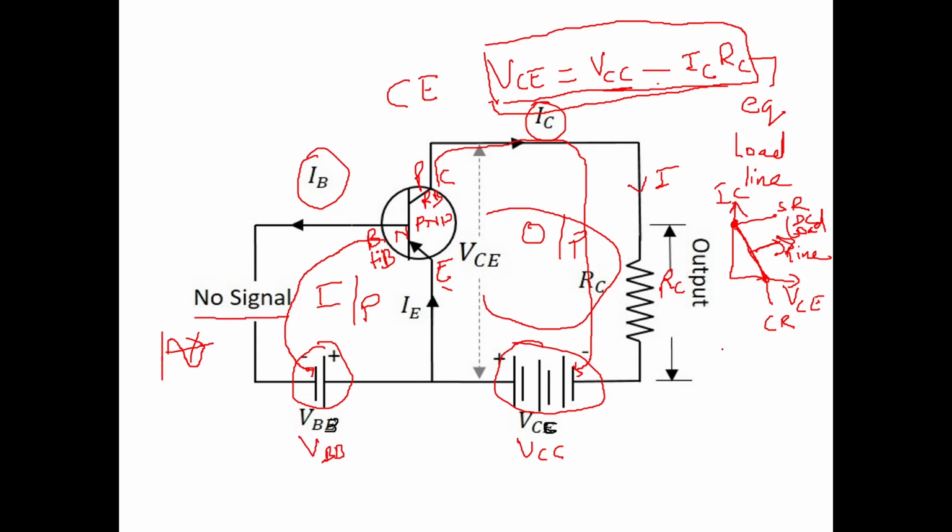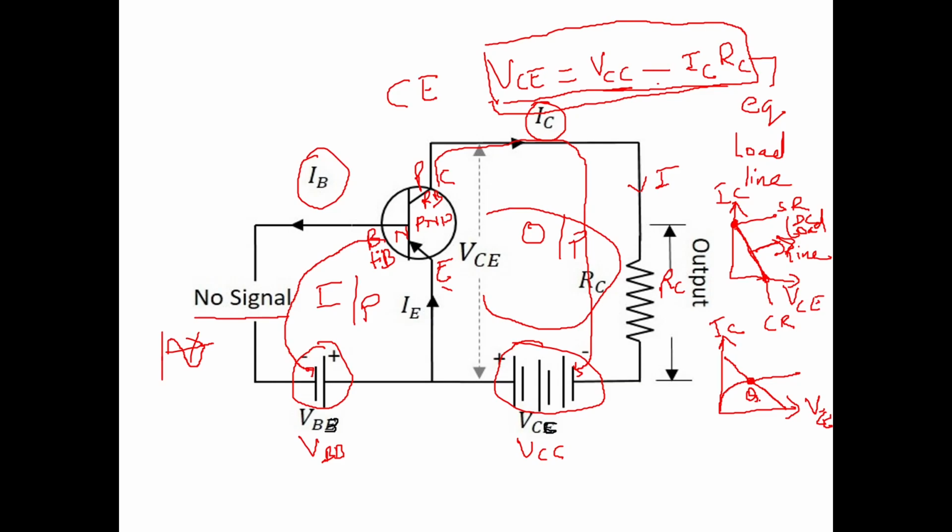Okay, and once you get the DC load line, here you can see this is the DC load line. This is your VCE and this is your IC. If you show the output characteristics here, then the point of intersection can be called the operating point Q. This is what we are going to study in our next points.